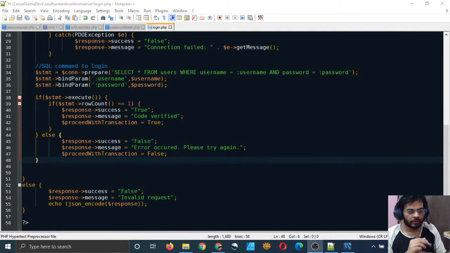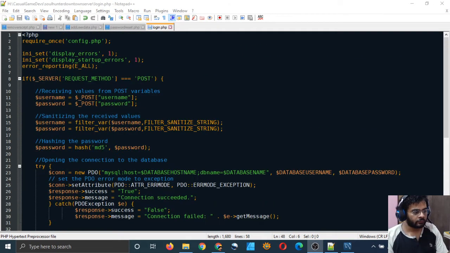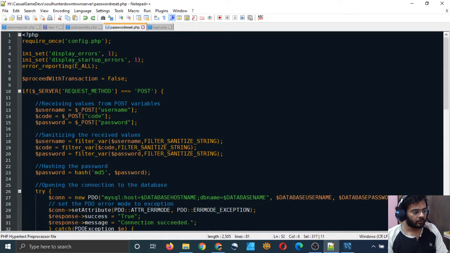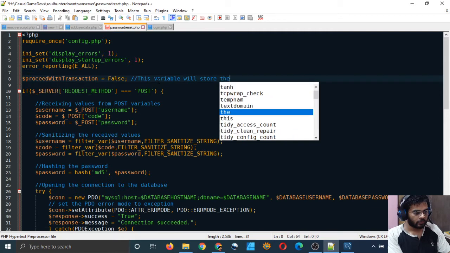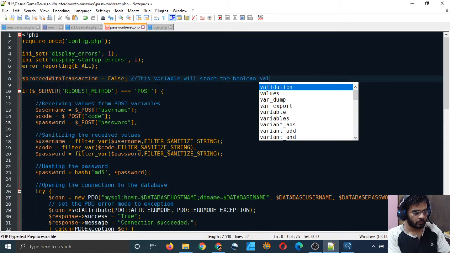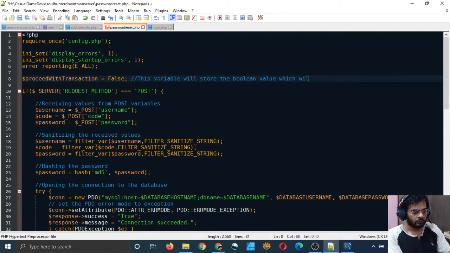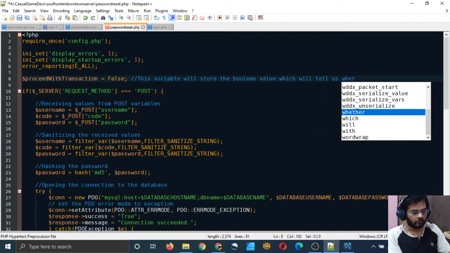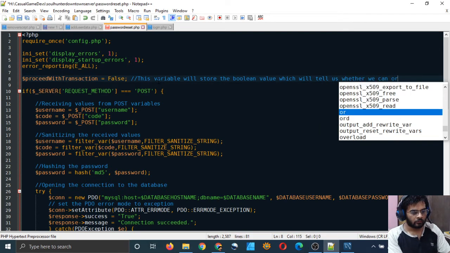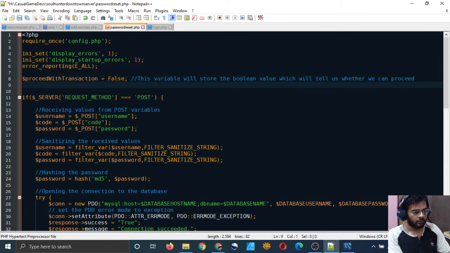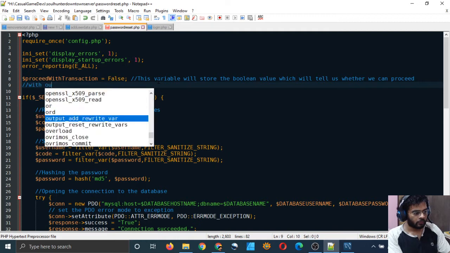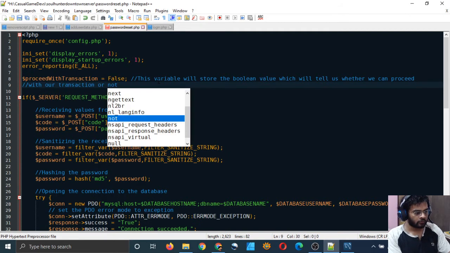So now in this case, I think we have to again get a variable called proceed with transaction. Let me type a comment. This variable will store the boolean value, which will tell us whether we can proceed with our transaction or not, right?